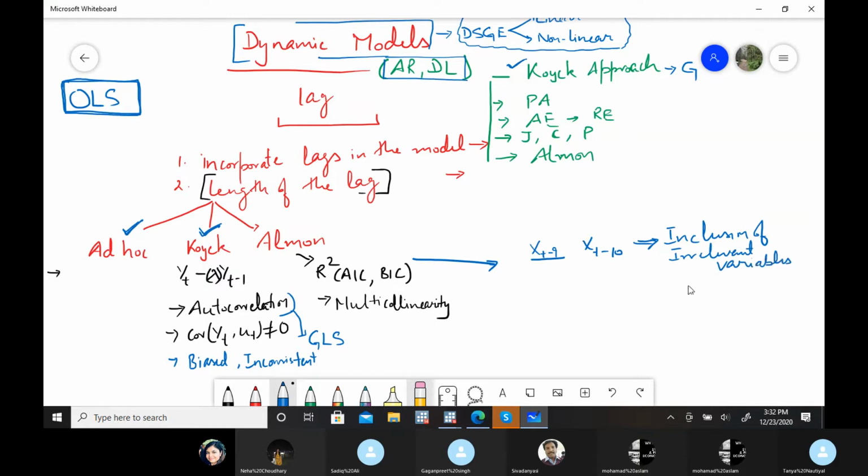Just think of it like a variable in your model. If you have taken fewer lag periods as compared to the appropriate one, let's say you have only taken 1 lag, but the model required 2 or 3 lags, then that may be a problem of exclusion of some significant variable.